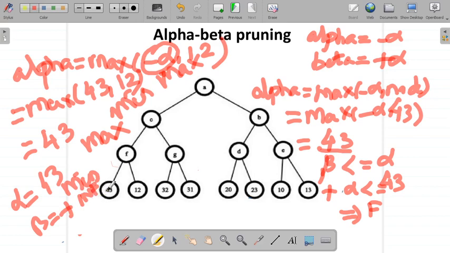Previously, we know that only the node values are passed to the upper nodes, which means we can't pass the alpha beta value to the node F. Instead of that, we should find which one is maximum here, because the node F is in the maximizer level. So between 43 and 12, which one is the maximum? 43. Okay, so now we complete step 1.